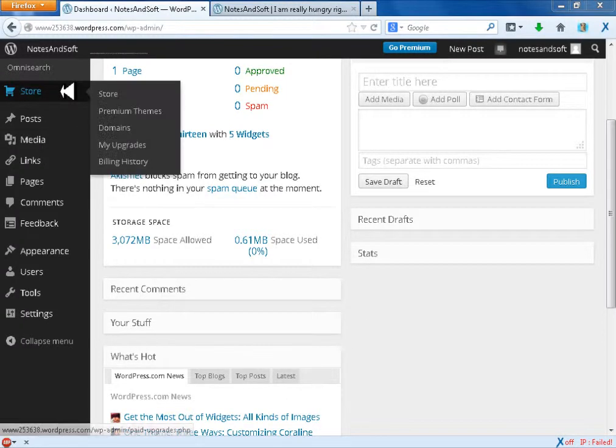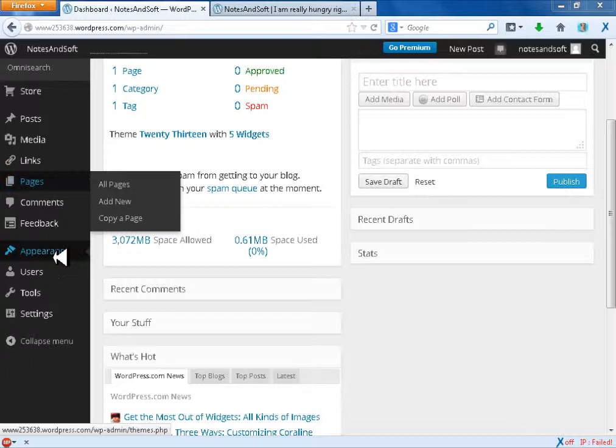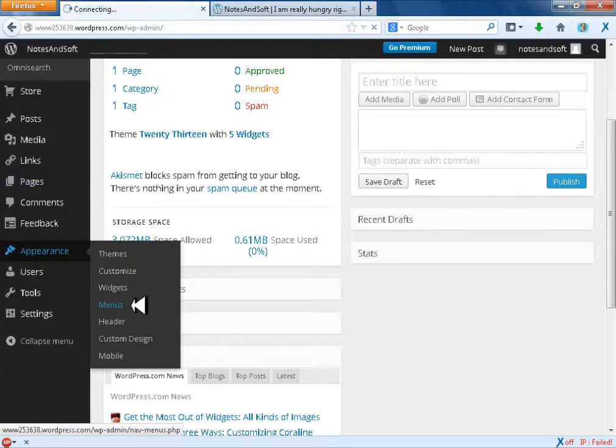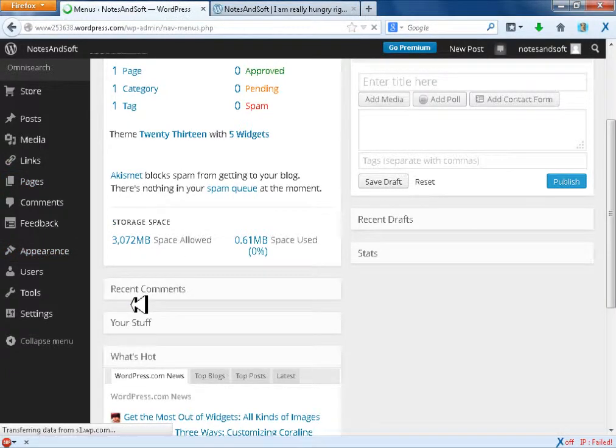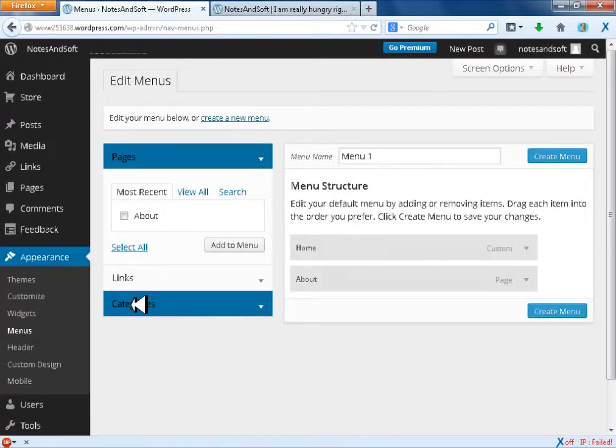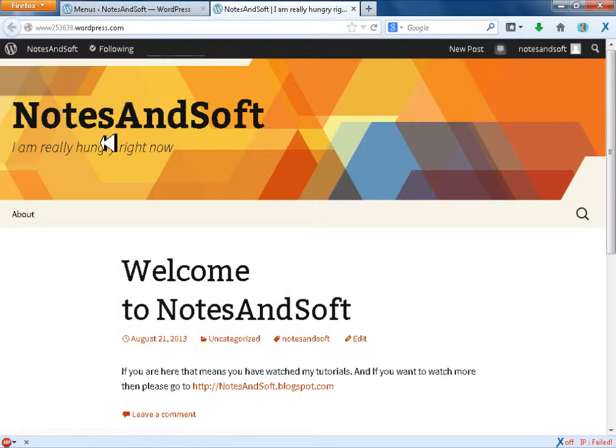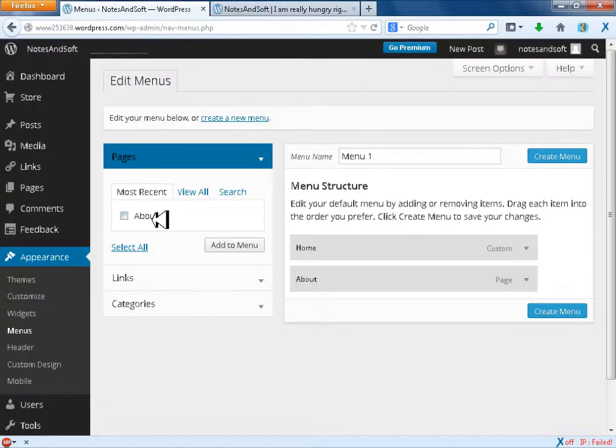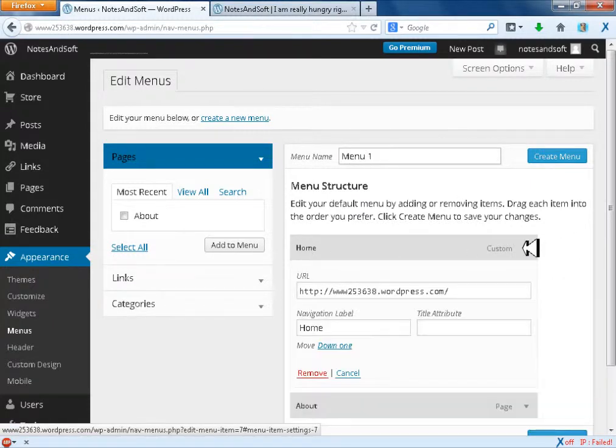So in this tutorial we are going to learn about menus. Okay, menus. It's really a good thing to learn. What is a menu? Menu is this area. See this area. As you can see in my menu 1, I have page and custom. This is the home page